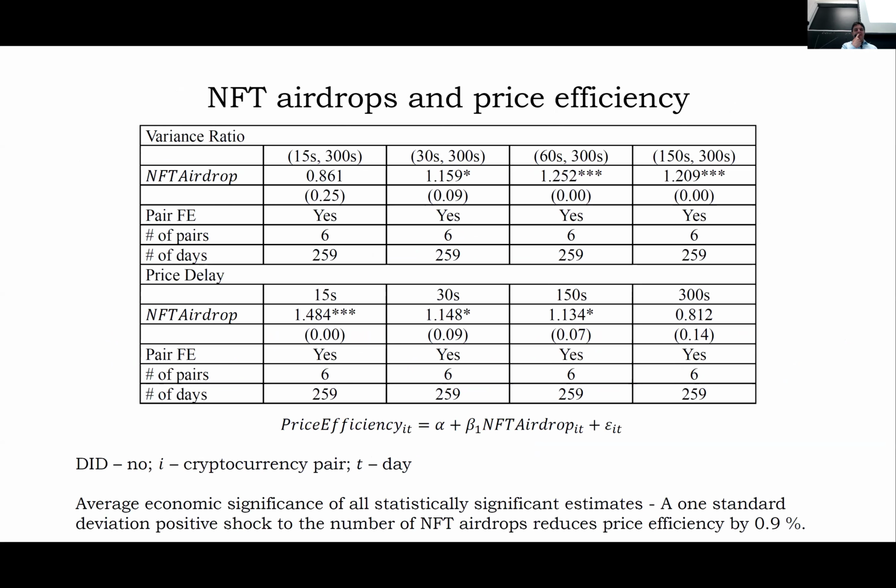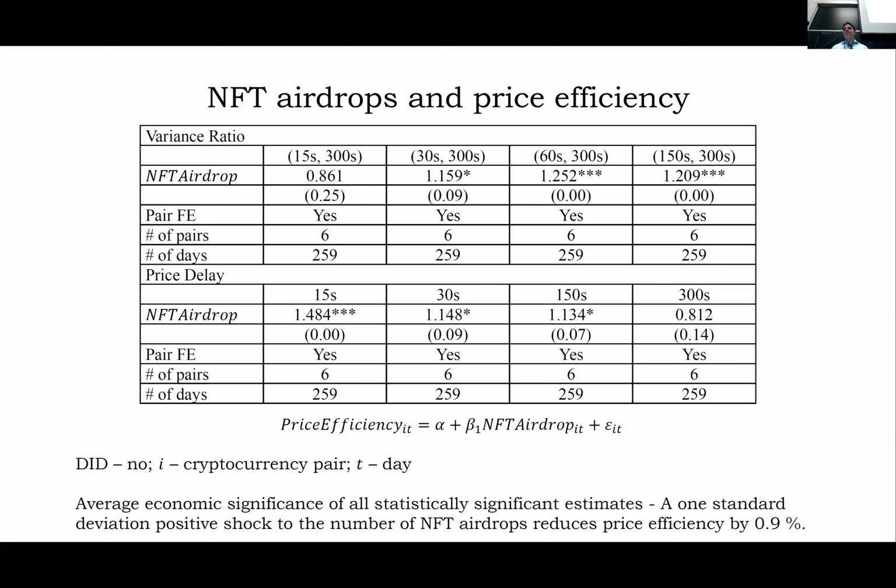Again, you see now that these are not really different regressions. This is really just Ethereum, right? We're not comparing Ethereum versus Polygon because these are basically obtained by looking at prices of these tokens on Binance, and there is no Binance on Polygon. And you see that, again, the results are in a way as you expect, because if you have an increasing number of NFT drops, this is increasing the variance ratio. So there is a positive coefficient, so more non-native transactions is increasing the variance ratio, which means is making prices